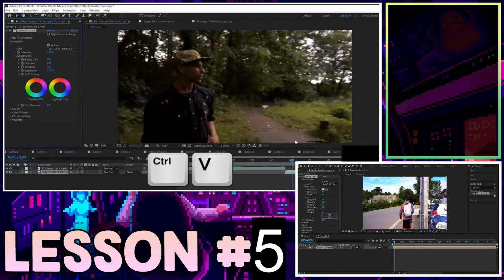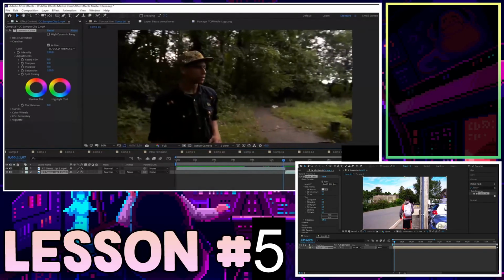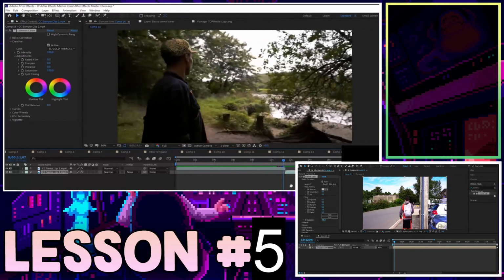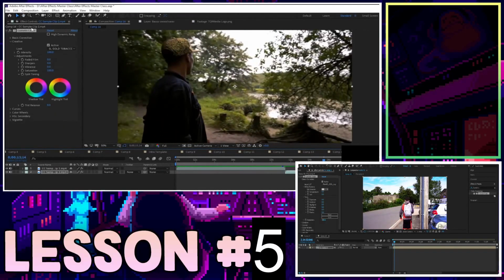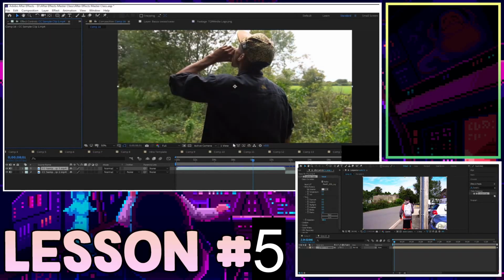We've copied and pasted it, and now they share the same look. However, that could be pretty tedious, and this is kind of tedious doing it with one clip, let alone 100 clips, which might be the length of a real project. So, something you could do to add a color grade to multiple different clips is